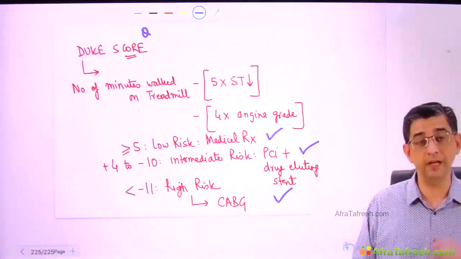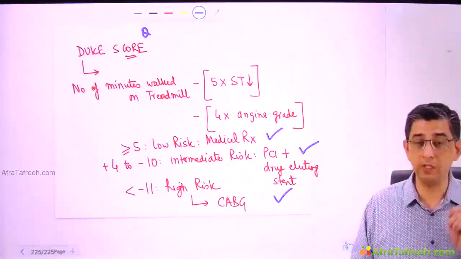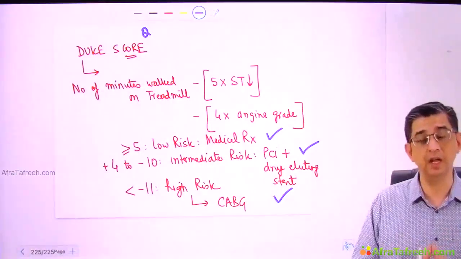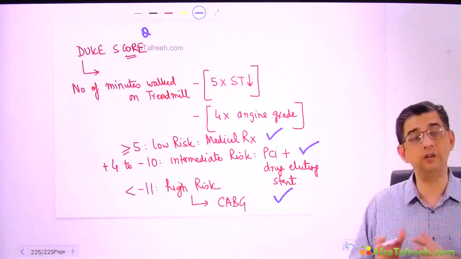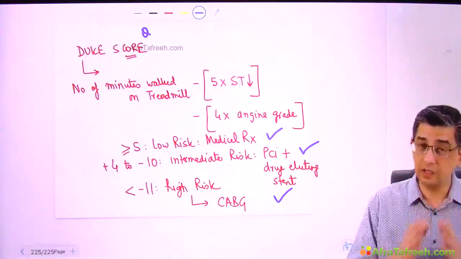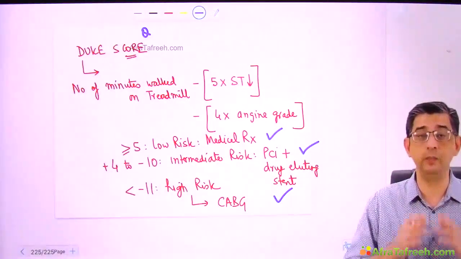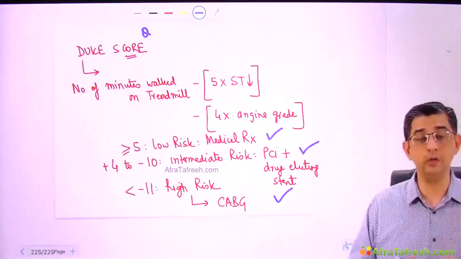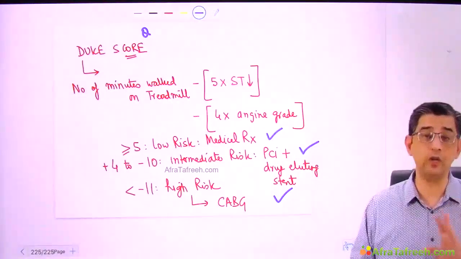So on my subsequent slide, I will explain to you what I mean by stress echocardiography and how you are going to do a stress echocardiography to identify whether a person is or is not having blockages in the artery. At this juncture, I also want to make it clear to you that the best way, the sure shot method of detecting number of blockages, site of blockages, percentage of blockages is coronary angiography.